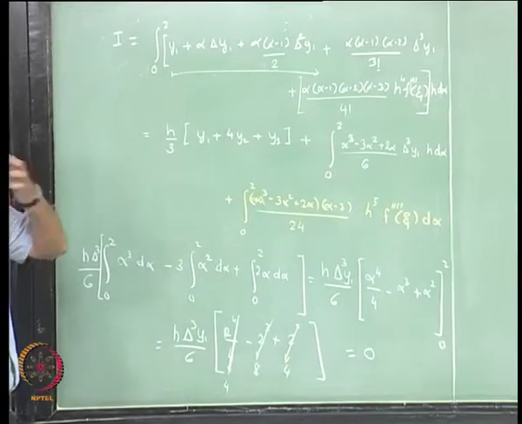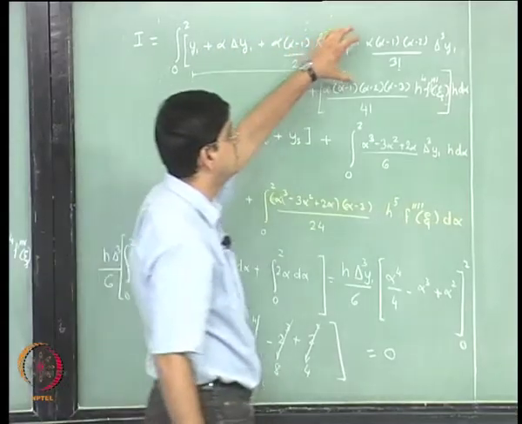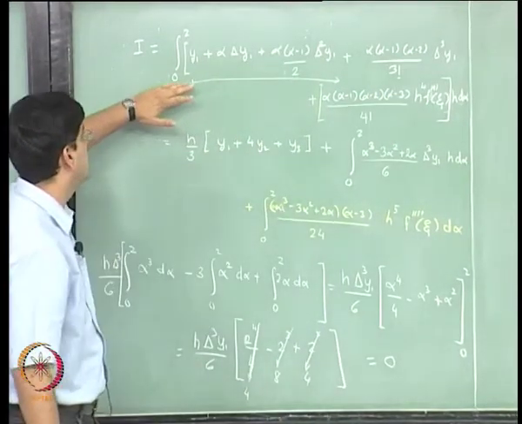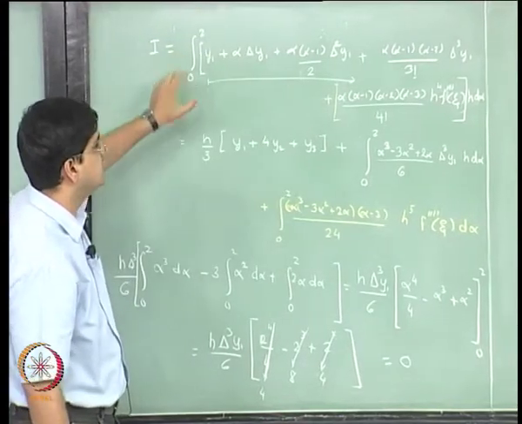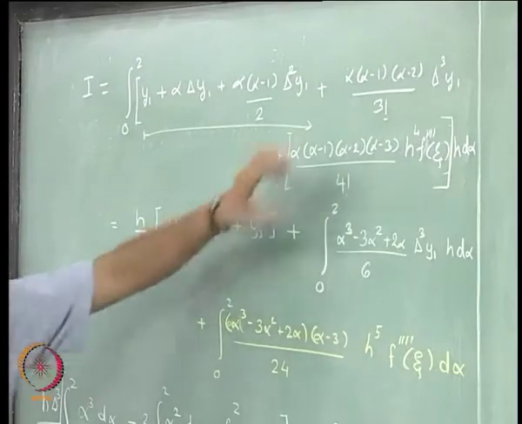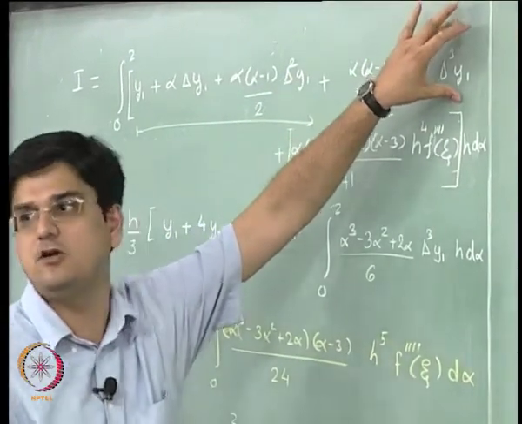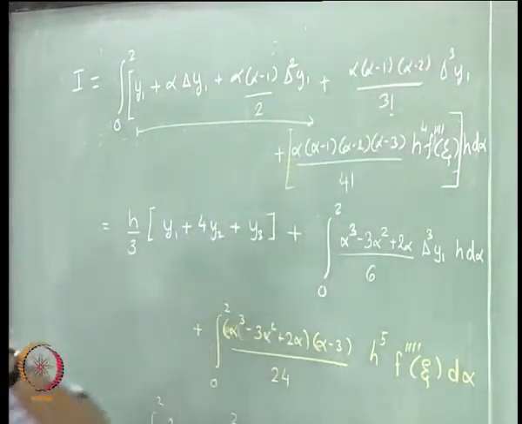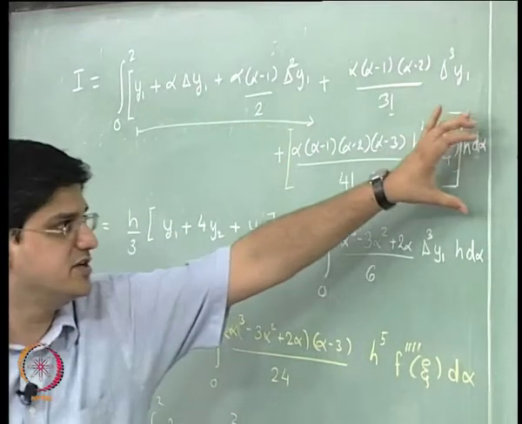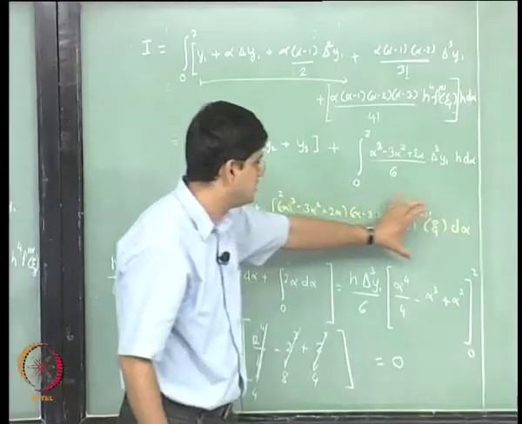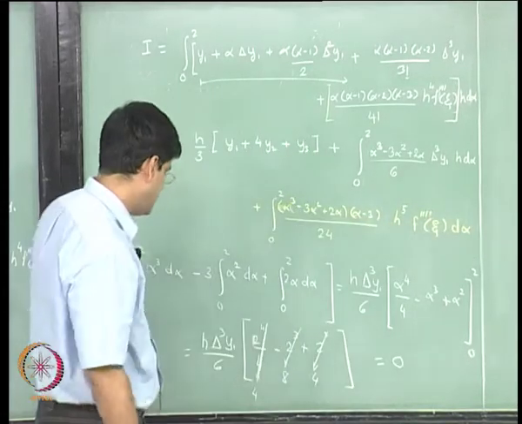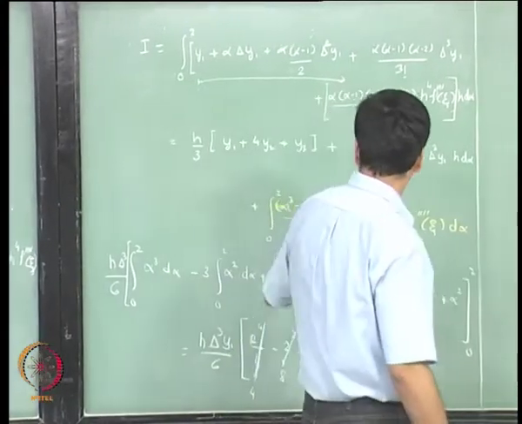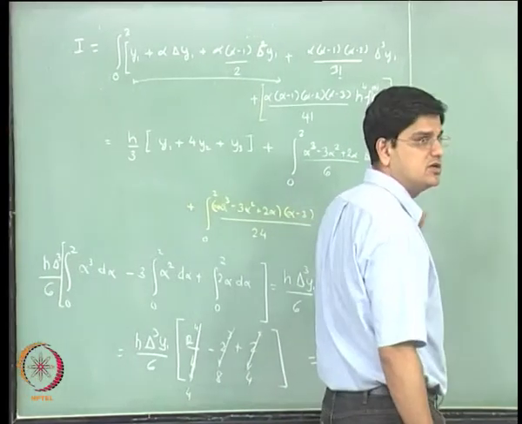Okay. So what has happened is, when we retain an additional term in this integration, when we actually do the integration and substitute the values of the limits of integration into this particular equation, what we realize is that after integration this term drops out. Okay. So the error is not going to be governed by this particular term, but in order to figure out the error we have to include an additional term over here, and that particular additional term is essentially this term, and then we go ahead and do the integration of this term to indeed see that after doing the integration that particular term does not disappear.